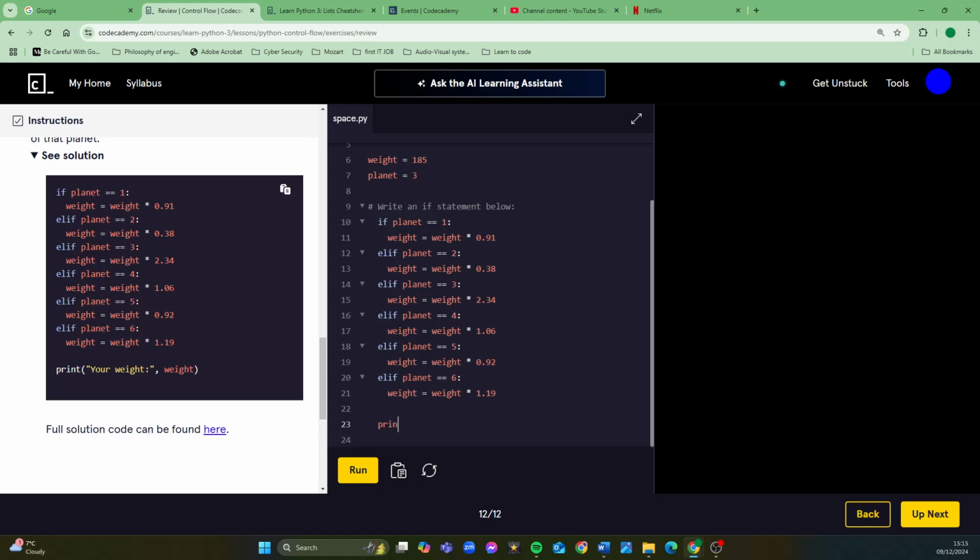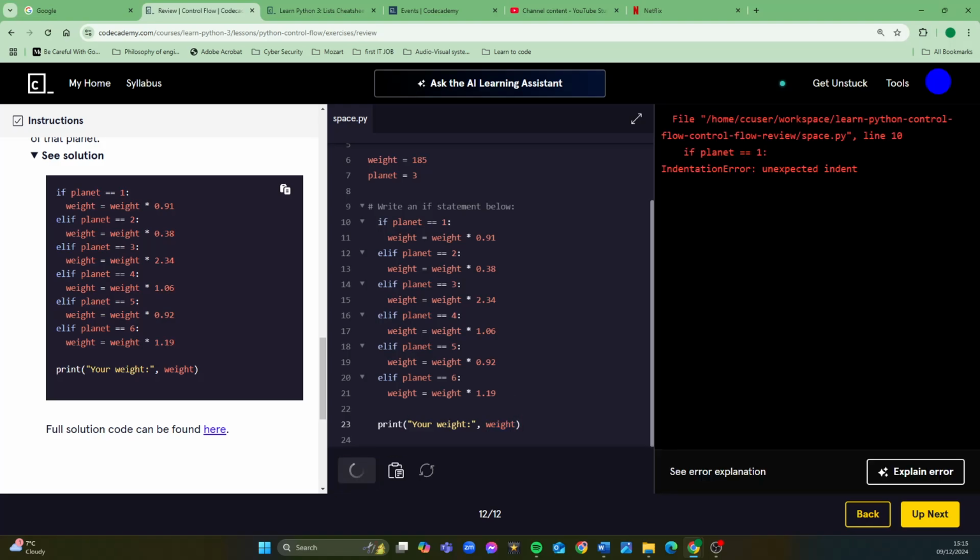And the final line, print, your weight, colon, comma, weight. So that is right. We can put a variable in there. I still don't know if we can put in a